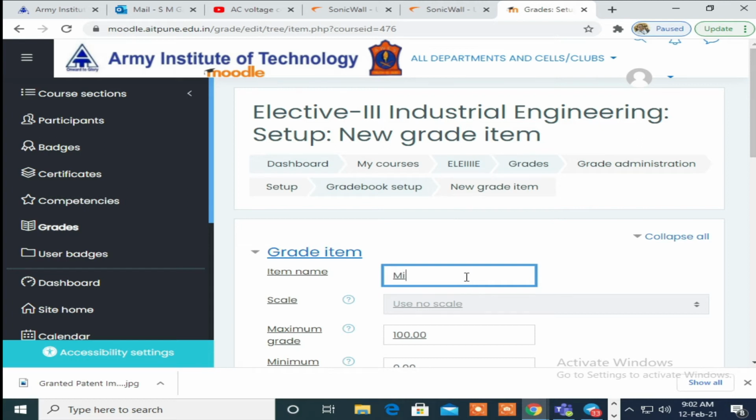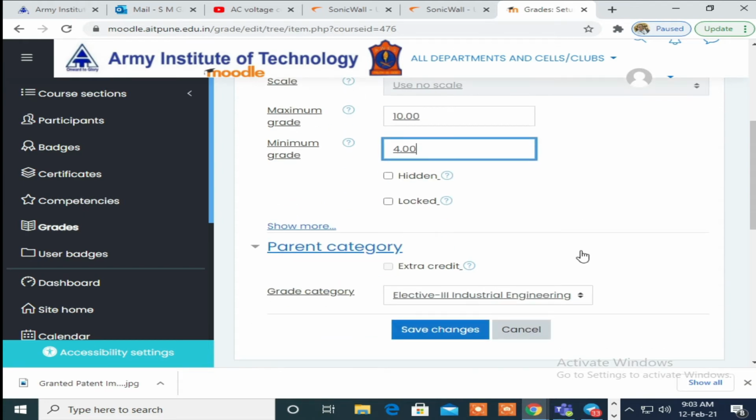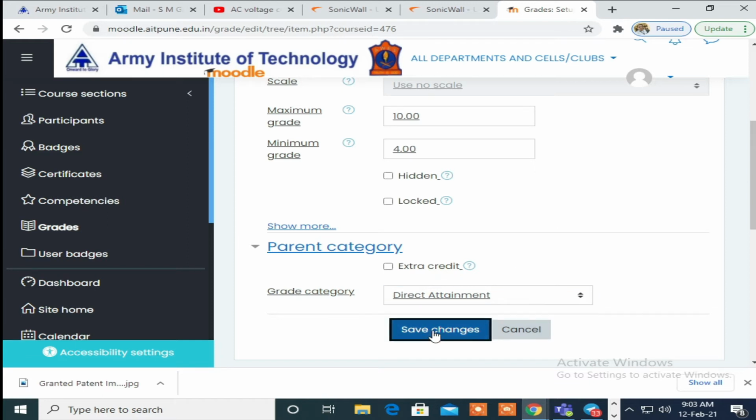So here you can add mini projects for third year engineering for mechanical. Okay, 10.00 and 4.00 maximum and minimum grades, and it is under direct attainment. Do save change.